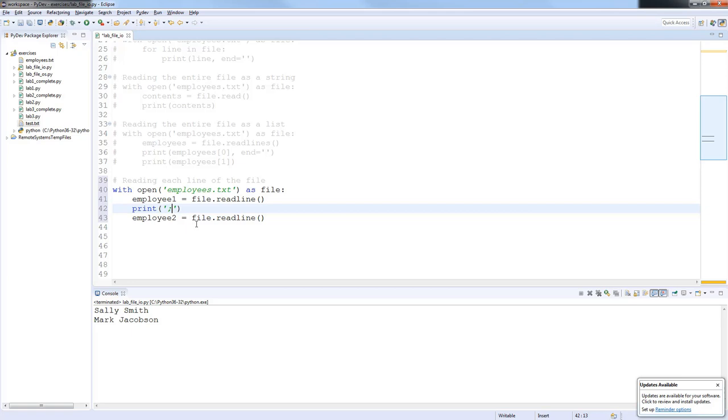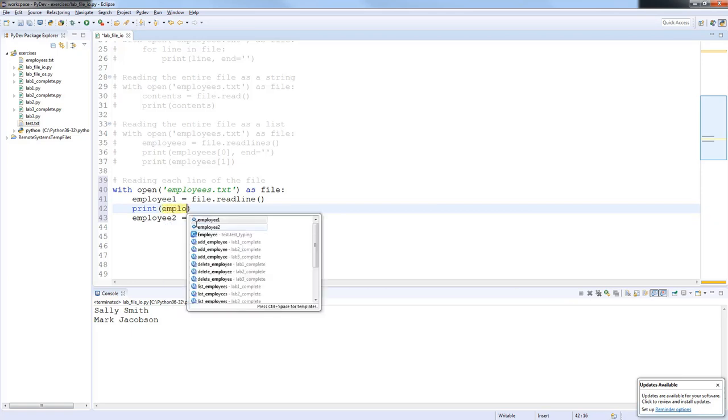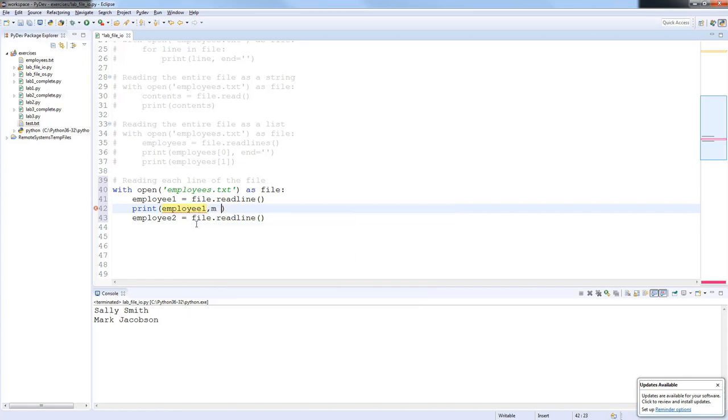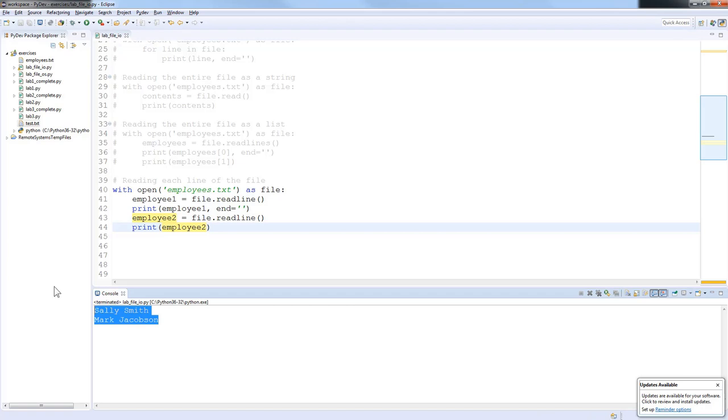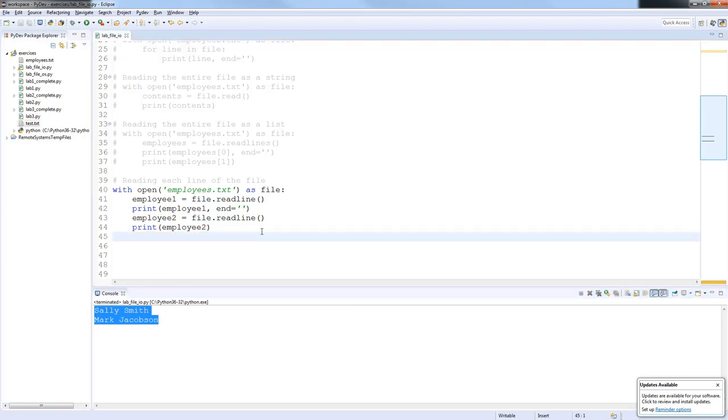And then we'll say print employee1, and end equals that, and then we'll copy that and paste that in, print employee2, and then we don't need the end separator. There we go. All right, so let's give that a shot, and of course we get the exact same thing. So there are several ways, in fact, of reading content within a text file: